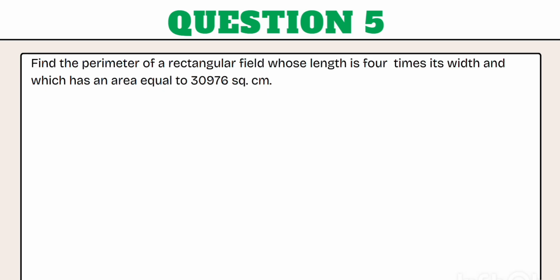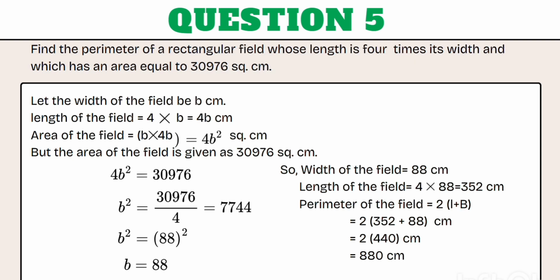Next question, find the perimeter of a rectangular field whose length is 4 times its width and which has an area equal to 30,976 centimeter square. Let the width of the field be b centimeter. Length of the field is 4 into b equals 4b centimeter. Area of the field is b into 4b, that is 4b square centimeter square. But the area of the field is given as 30,976 centimeter square. Therefore, 4b square equals